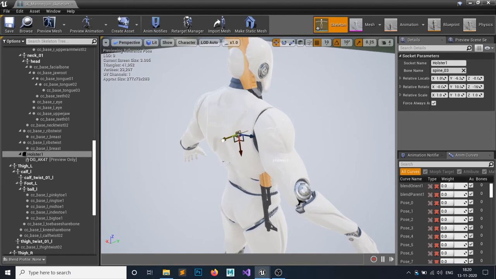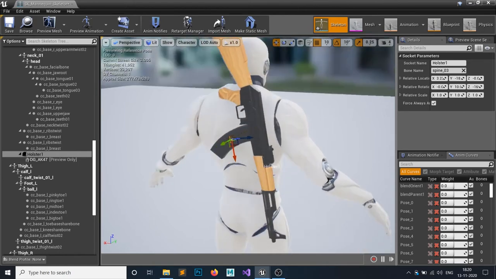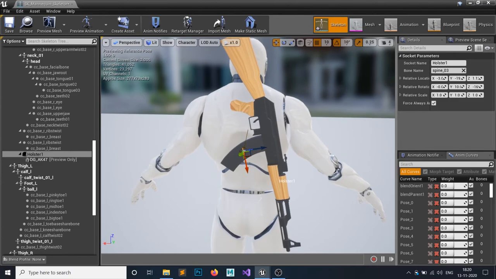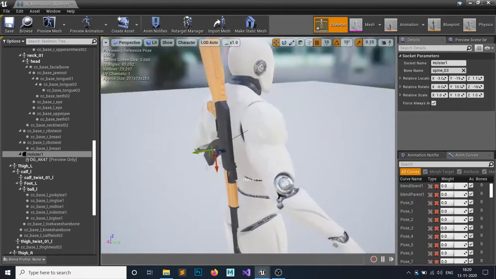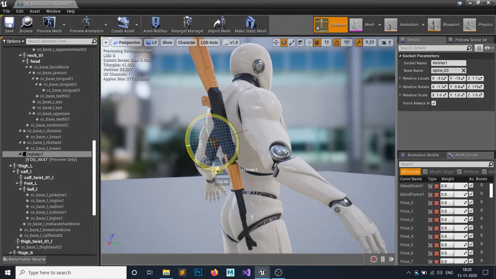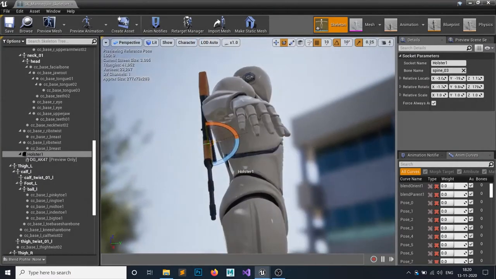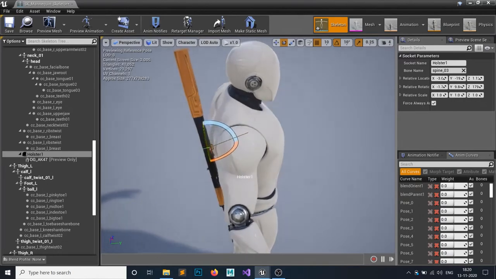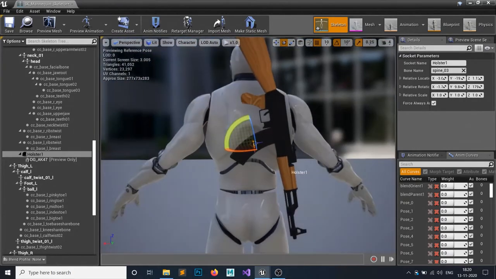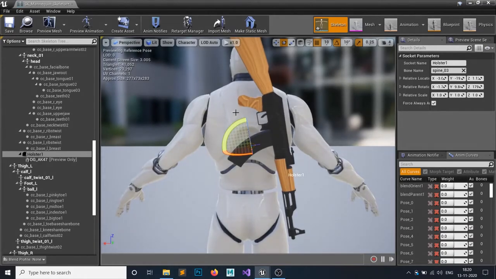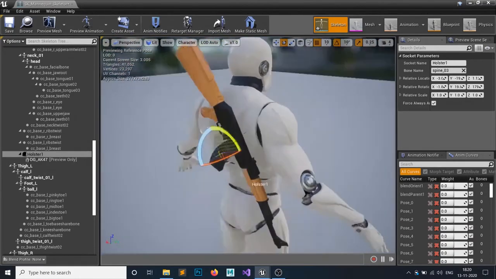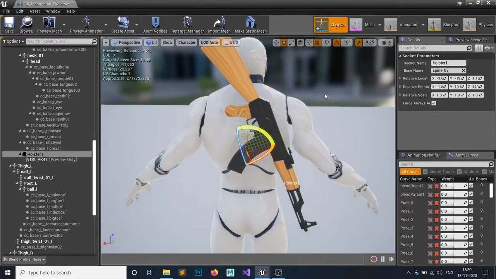So for me, I think this is fine. Okay, this is absolutely fine. I think a gun should be something like how it is held in Days Gone, I'm not sure. Okay, and this should go here. Okay.